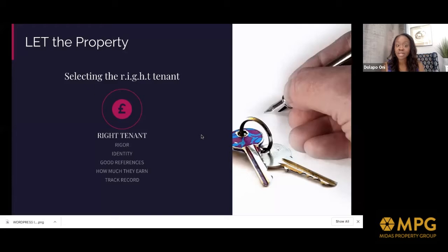You're acting as the gatekeeper to make sure that the people who do end up in that property are people who are going to take care of it, and more importantly, pay their rent. So going through the rigor, the identity of that person, making sure you have the right references, how much they earn, and the track record. Those are some of the elements that go into selecting the right tenants. And then we go through all of the different documentation so you are in compliance, especially for some of the more complicated strategies like the HMO, service accommodation, where there are all sorts of compliance